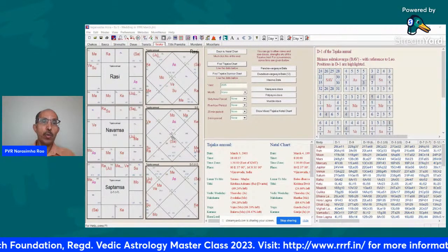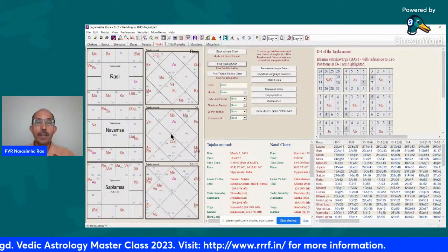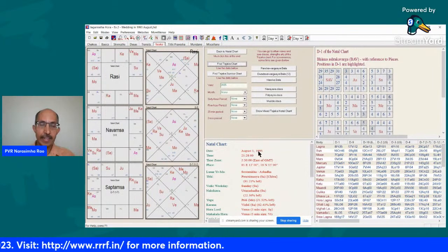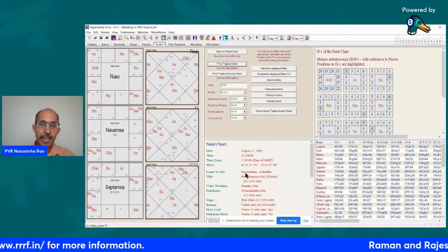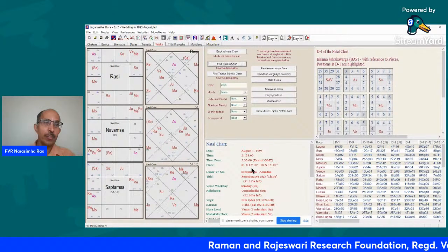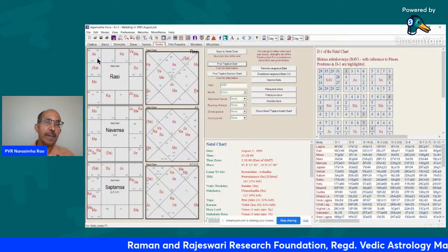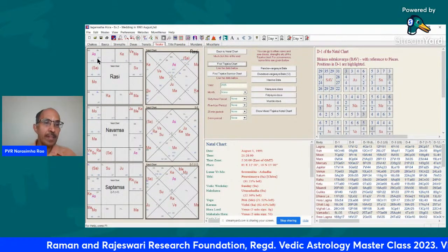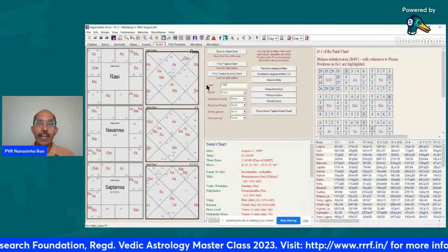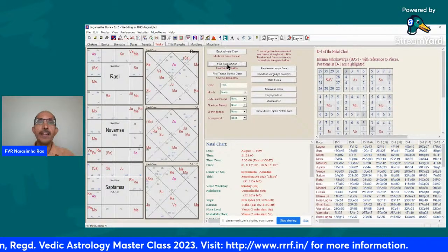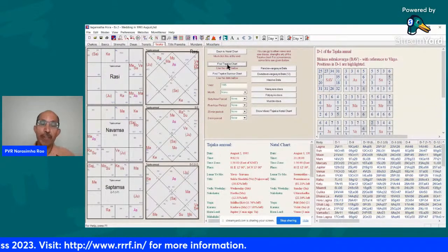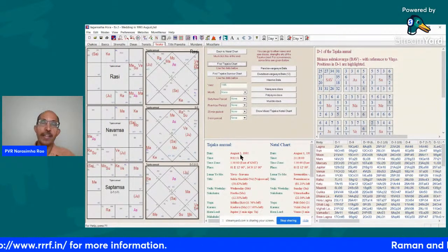I showed two children's births using Tajika and Tithi Pravesh. Now let us look at another chart. August 1, 1993, 9:28 p.m., in Machilipatnam, India. I didn't show the place here. So if you look at this chart, let's look at 1995. In February 1996 his child was born. So we'll look at the Tajika chart of 1995 because it is before August 1996.